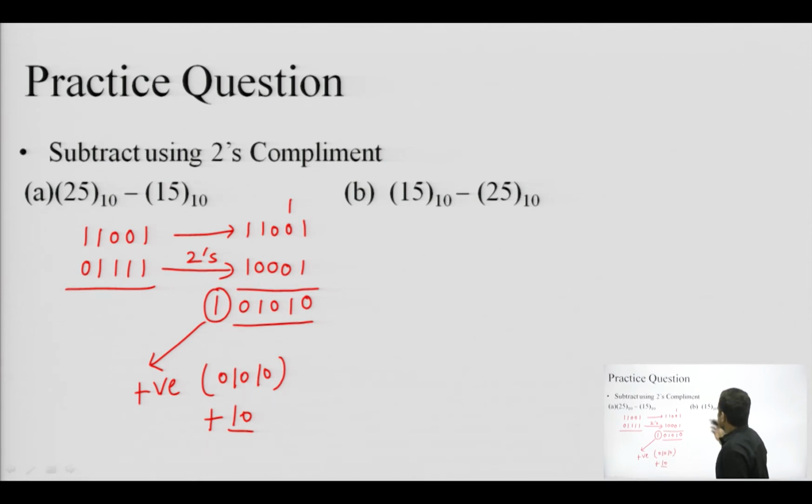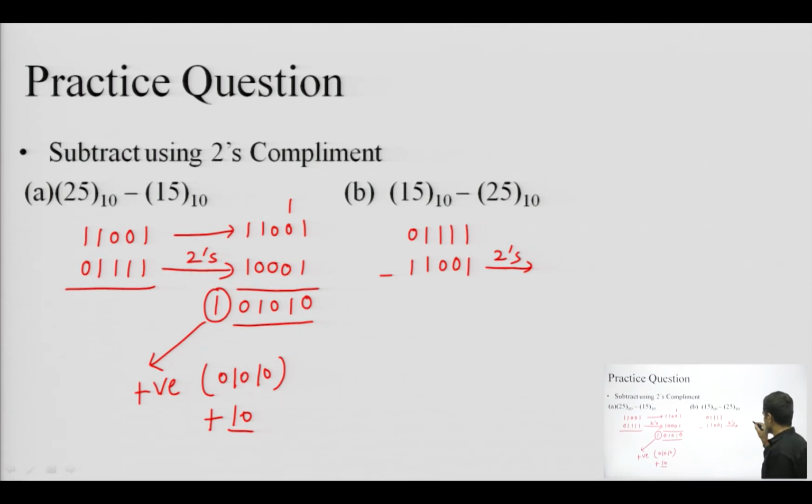Okay. Similarly, if you want to perform 15 minus 25, 15 will be 0 1 1 1 1, 25 will be 1 1 0 0 1, and now the 2's complement of this negative number will be, again if I start looking from the extreme right, 1 and then complementing the rest of the number, 1 1 0 0, retaining the first number as it is, 0 1 1 1 1. Adding these two numbers, 1 plus 1 is 0, carry 1, triple 1 is 1, carry 1, triple 1 is 1, carry 1, 1 1 0 0, carry 1, 1 plus 0 plus 0 is 1.